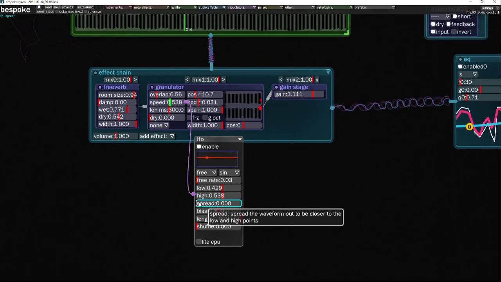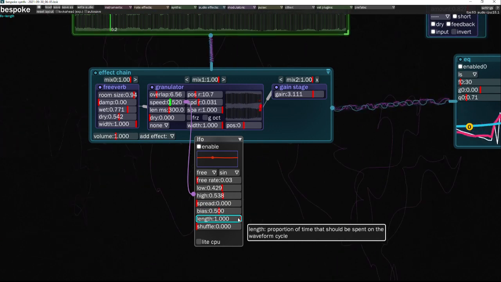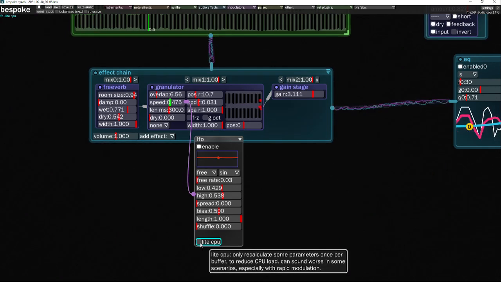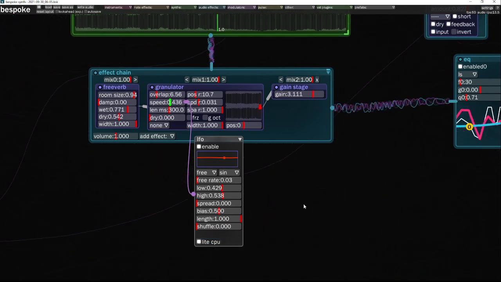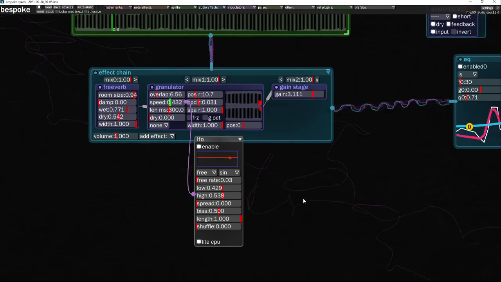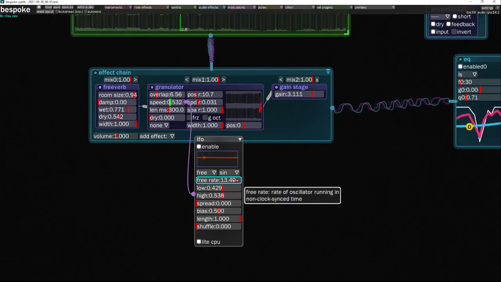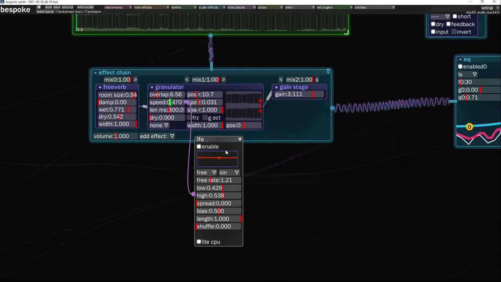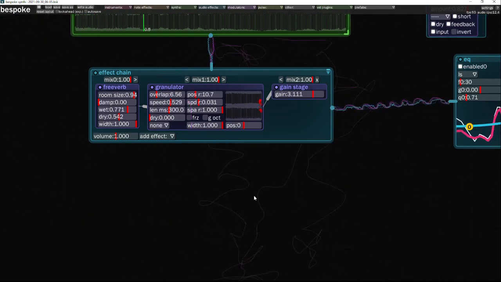What's spread? Oh, okay. Length, shuffle. And we can light CPU. Well, it was a good one to test it on because you can hear it. You can hear what it does, but it's not one. I think that's not where I want it, so I'm gonna delete that